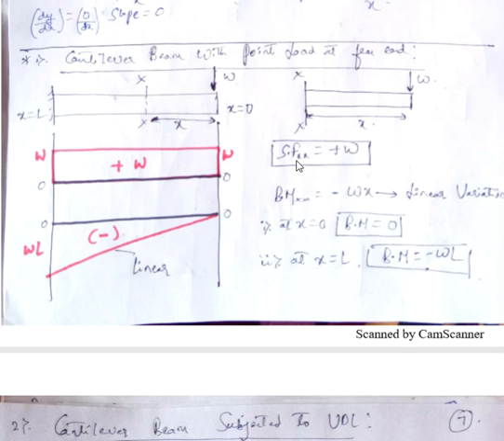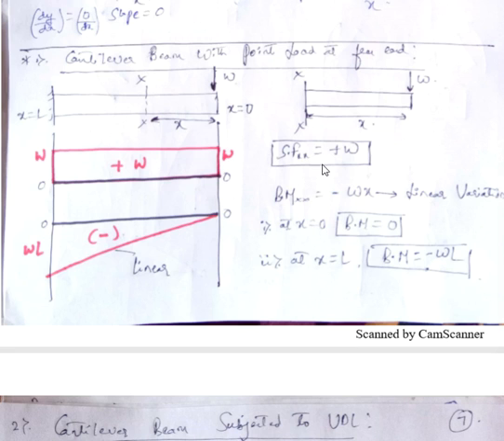So how to plot shear force diagram? Look at this. For plotting shear force diagram, first you need to draw a zero shear force line. This horizontal line represents zero shear force. That means any point on this horizontal line, shear force is 0. If I move upward, then there will be positive shear force. If I move downward, then there will be negative shear force. If the height is more, that means shear force is more. If the height in downward direction is more, then the shear force is negative, but the magnitude is more.